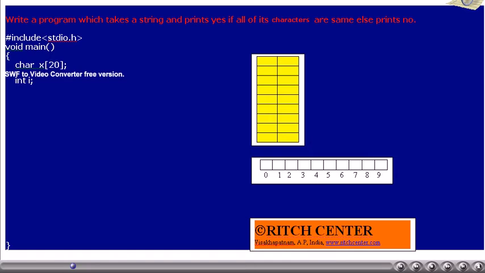Here C we are taking as a counter to indicate how many of the characters of the string are same as first character. The following printf statement asks the user to enter a string. The scanf statement reads a string into the variable x.